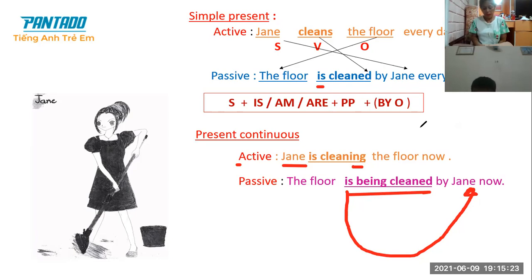So that's why we have to use S, because Jane is only one. Okay. Next,